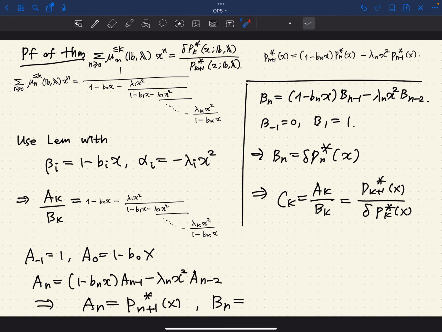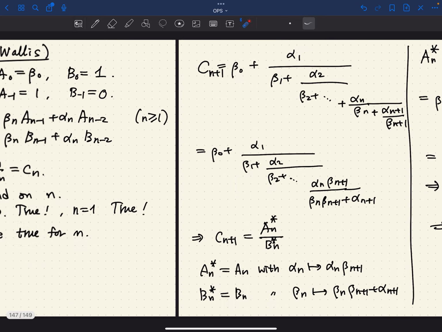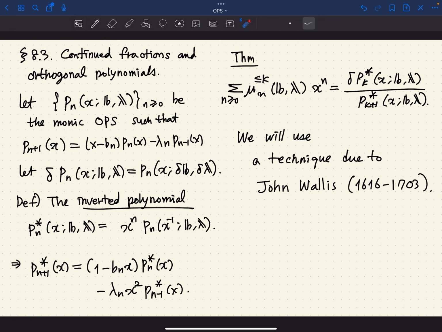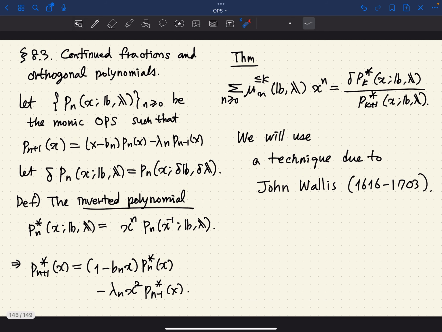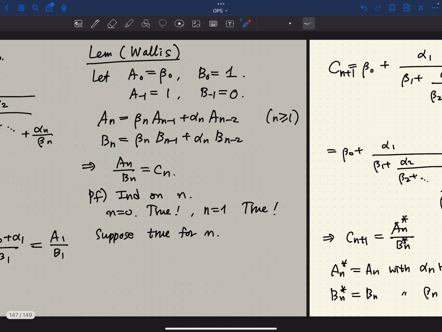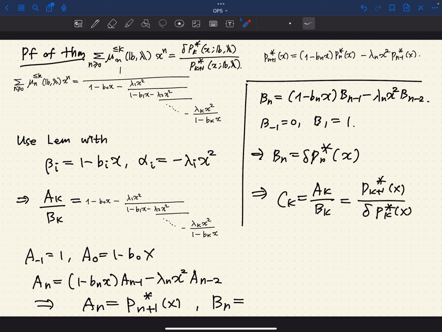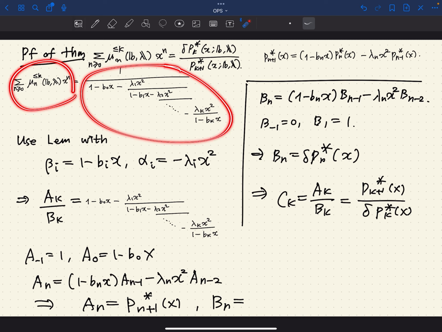Okay, so let's review briefly what we learned last time. We showed that the generating function for the moments of orthogonal polynomials can be written as a continued fraction like this. Then we showed that its kth convergent, which is a rational function, can be written in this way. Yeah, we showed that the kth convergent is the generating function for all Motzkin paths with bounded height,